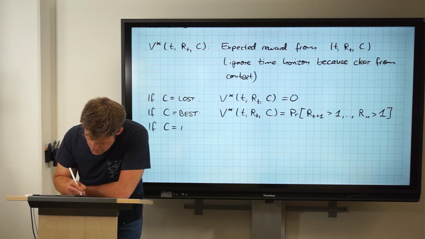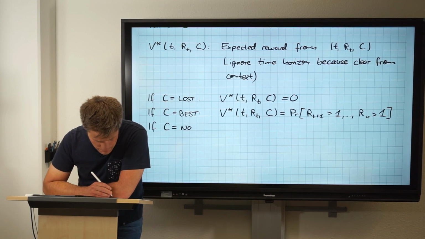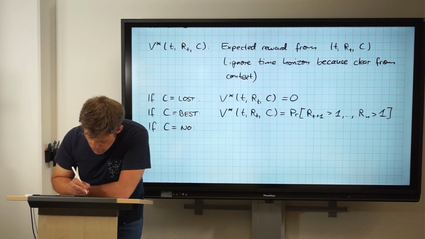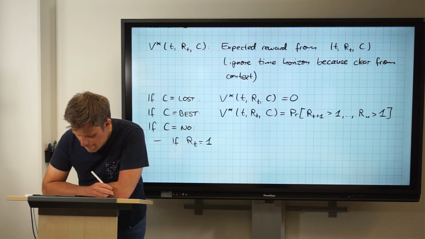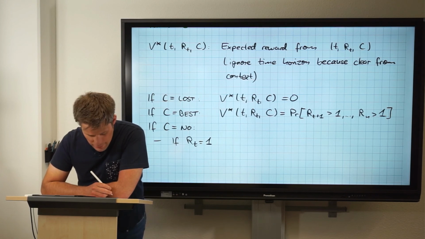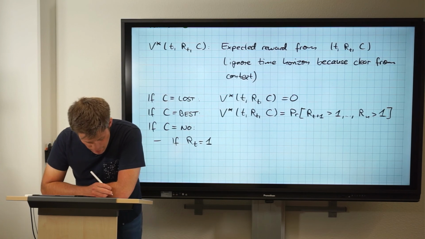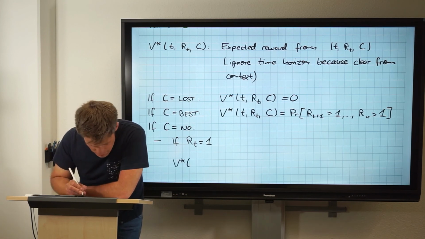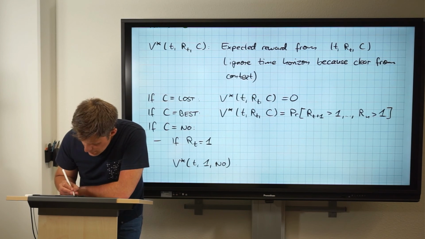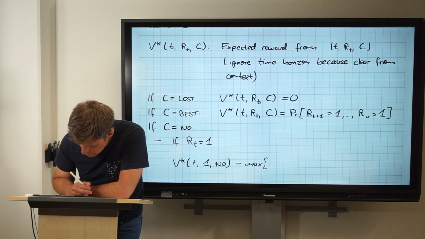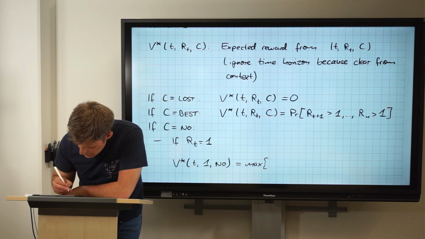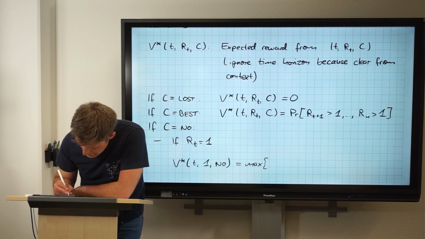Now let's talk about the case that we have not selected anybody. And let's talk about the case, which is actually the most interesting case, that the best candidate so far arrives. Well, what is now the expected reward that we're getting from such a state? It is clearly the maximum of what we can get by the 2 actions that we can choose. What are the 2 actions? There's the one action that we accept, then